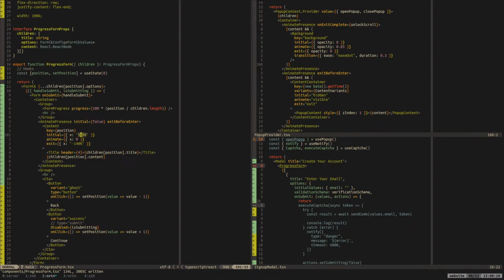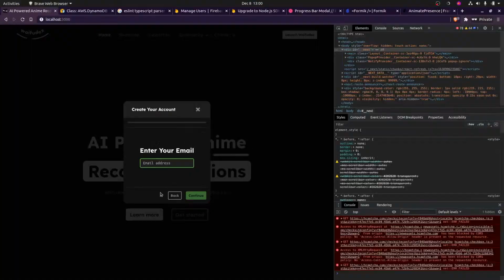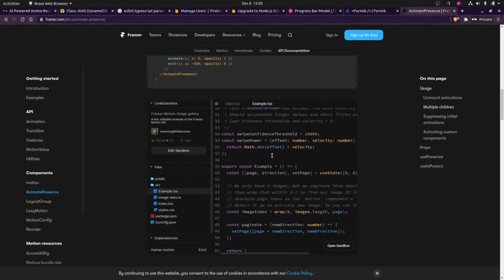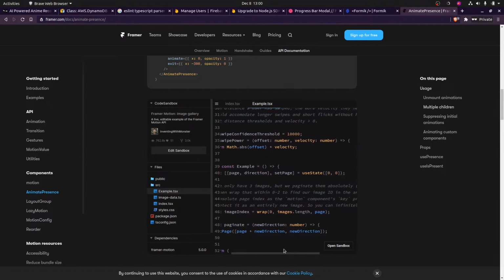Back to this thing though. We need to remember direction. That's an important thing. How are we going to do that? Instead of saving position, we can save page maybe, which is what they did. They have a thing called page and direction and set page.